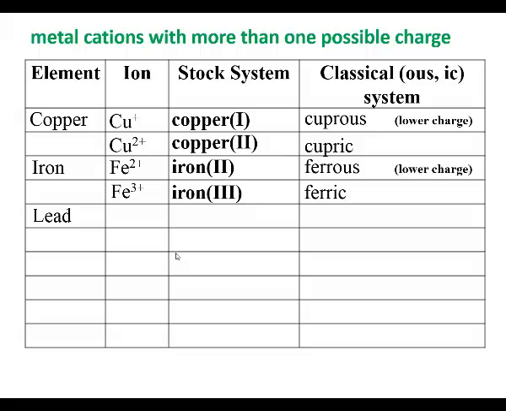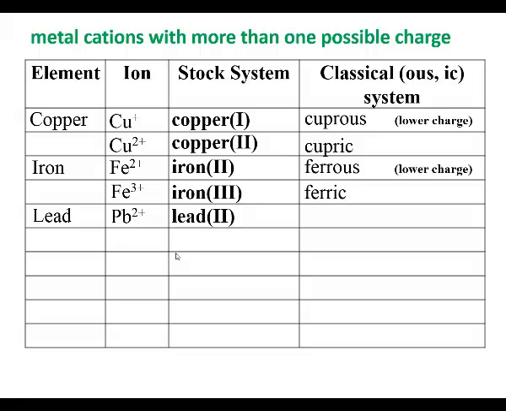Now if I look at lead, well, lead's lower common charge state, now this is one of our main group metals, right underneath the metalloids. It's right below silicon and germanium in my column 14. Okay, that's the carbon group. So if I look down below germanium, below tin, down at lead, one of the common charge states is a